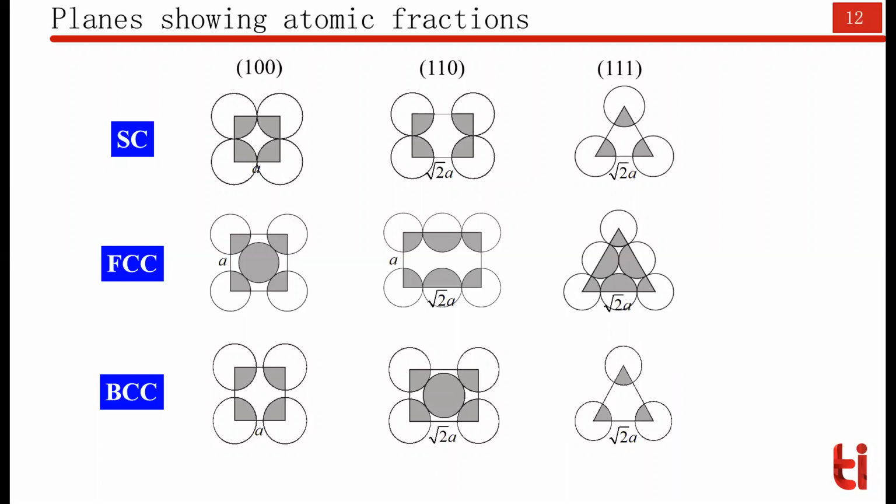So any doubt up to this point? How to compute the linear and the planar densities in 3 different variants of the cubic unit cells? If anyone has not understood anything, ask. Generally you will find at least one numerical problem either based on linear or planar density in the exam. So it's an open question, it always appears in the examination. So practice it well, and I hope all of you will be able to attempt it.